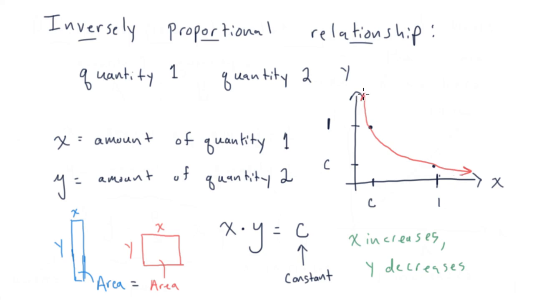It sort of hugs the y-axis and hugs the x-axis like that. And so the shape is called a hyperbola, if you remember. Maybe that's not so important to know, but that's the graph in the coordinate plane of an inversely proportional relationship. Okay, so that's probably more than you wanted to know, but that gives you the two perspectives between